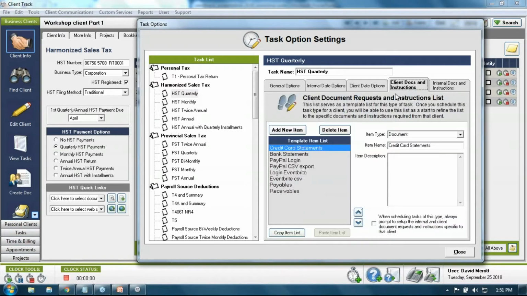The next thing that we're going to set up is the documents. So we want to now use ClientTrack's new feature to control the documents a lot better, to establish what documents we need the client to bring in. We're going to establish for HST quarterly tasks a default list of the types of documents we need from each